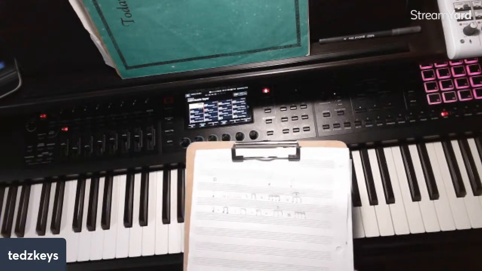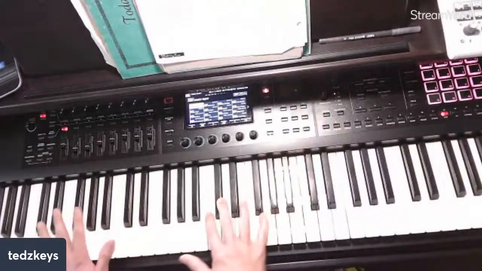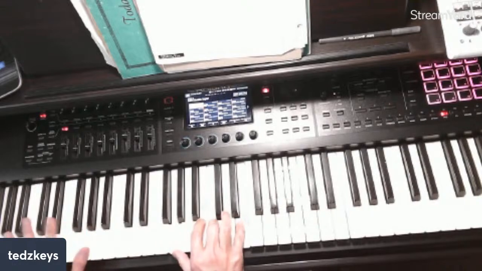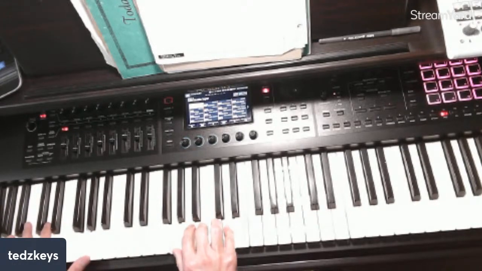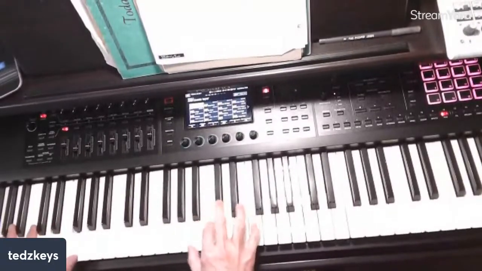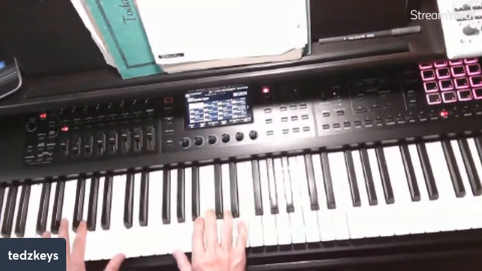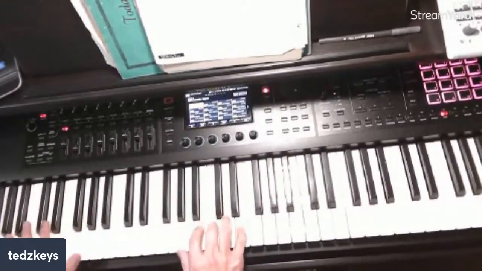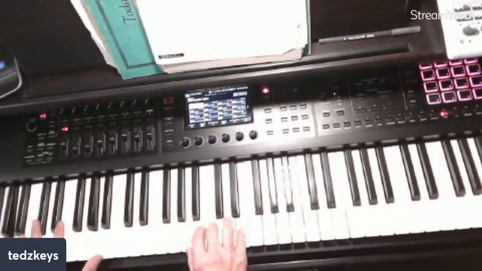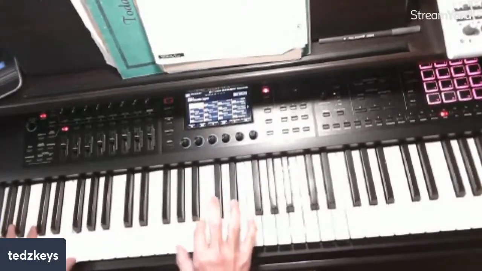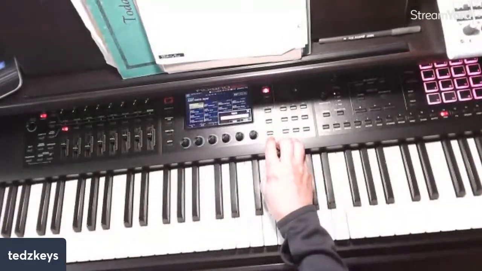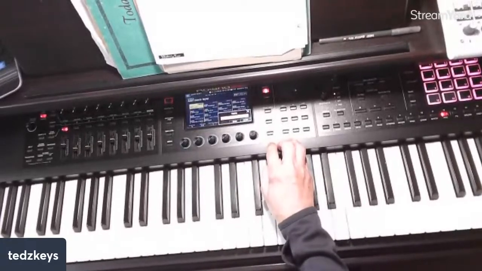So most of us are hearing music like this, where you're hearing accompaniment, and your chord is changing every 4 beats. 1, 2, 3, 4, 1, 2, 3, 4, 1, 2, 3, 4. So we get that kind of idea from our metronome. If our metronome is set to